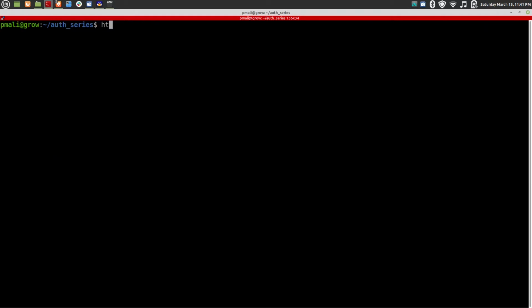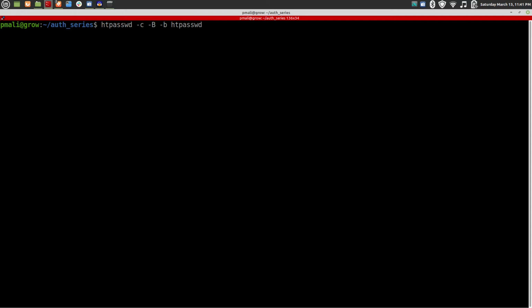Here is the command: htpasswd -c for creating a file, capital B for bcrypt encryption, -b for batch mode. Now on this particular folder I want to create my htpasswd file, so I am just writing htpasswd over here.